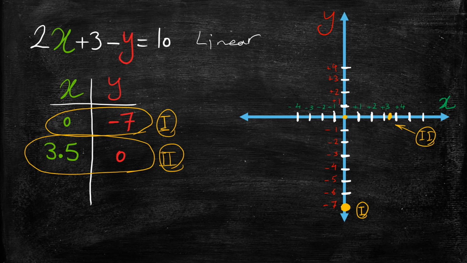And you can draw a line if you just have 2 points from it. You can exactly draw that line by connecting those 2 points. And guess what? Here we have 2 points from this graph, 0 and -7, 3.5 and 0. And if I connect these two,